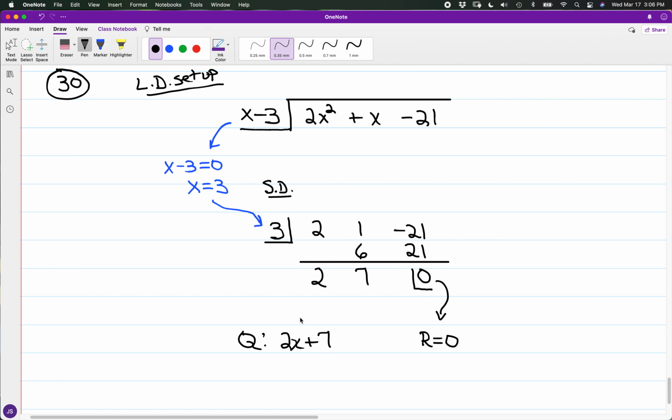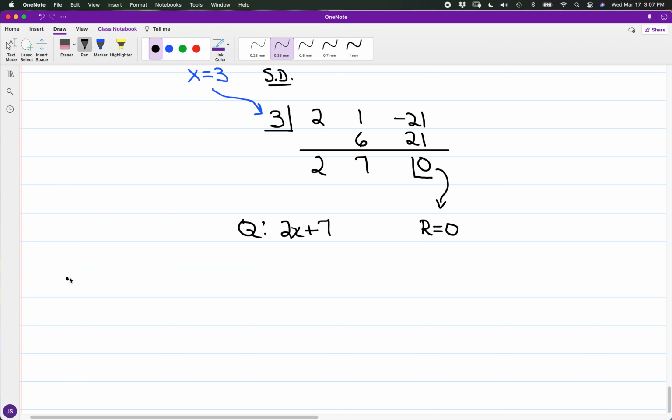Now, for what we have in the case of 34, fortunately we're able to use long division and synthetic division. And if I had to use long division exclusively, this would take up quite a bit of space. Here we have for the long division setup, again, x minus 2 for the divisor. And the dividend, you have 2x to the 5th